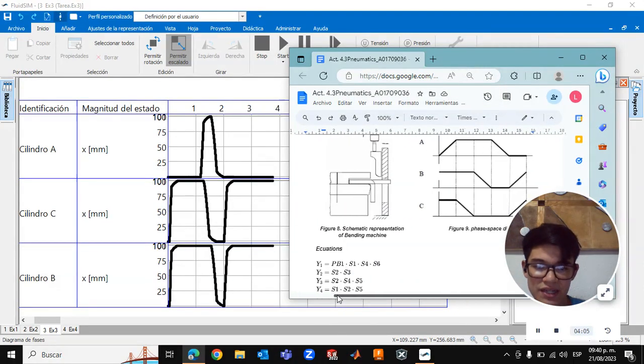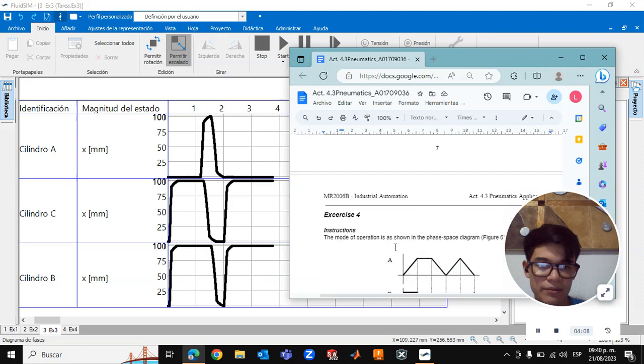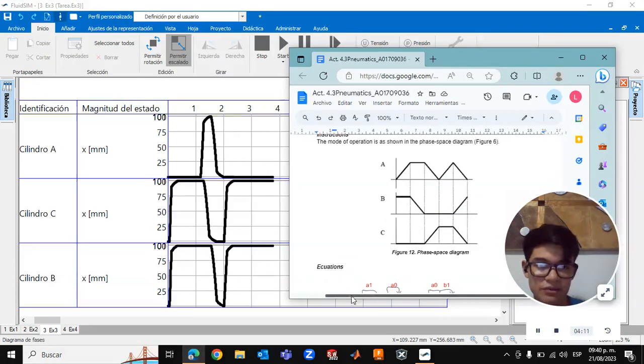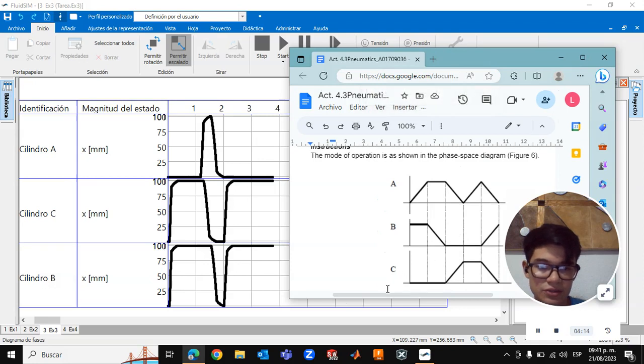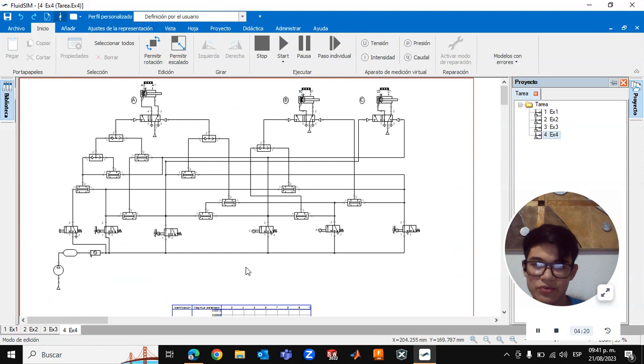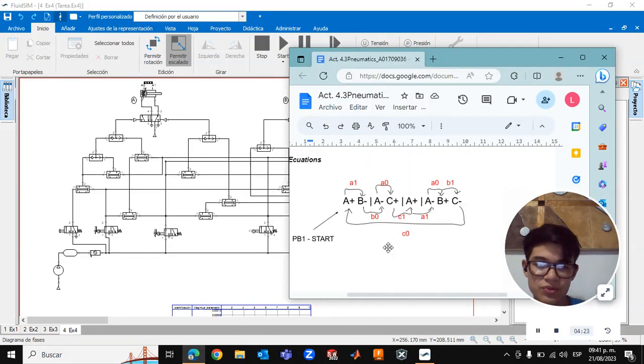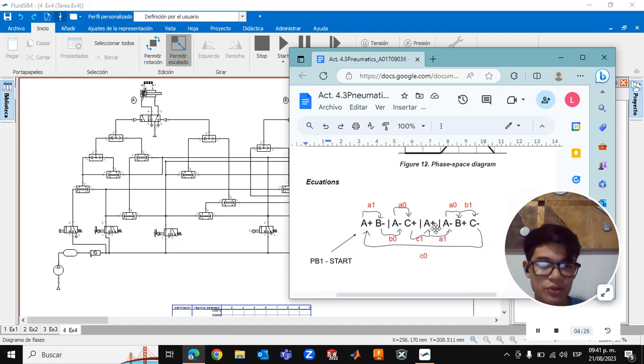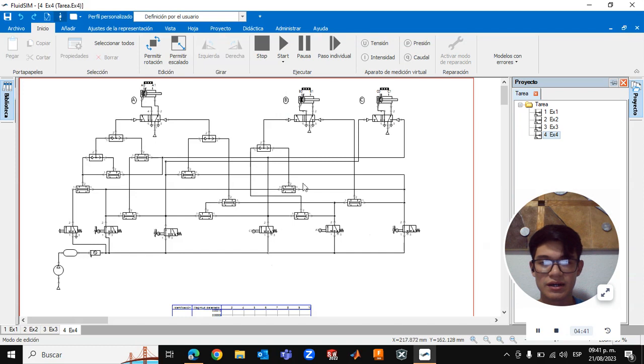For the last exercise, which is exercise number 4, we have a different space diagram representation, which is this one. And we go to the space number 4 of fluid sim, and it's worth mentioning that this is the main equation that I made following the steps equation to get an easier way to represent the movements of the cylinder A, B, and C. Here we have the whole diagram. We press the start button,